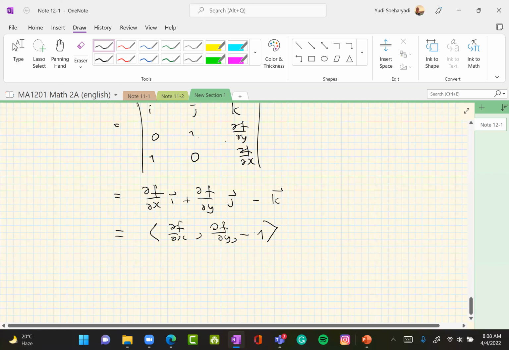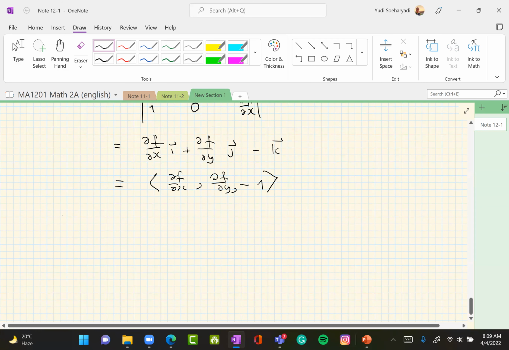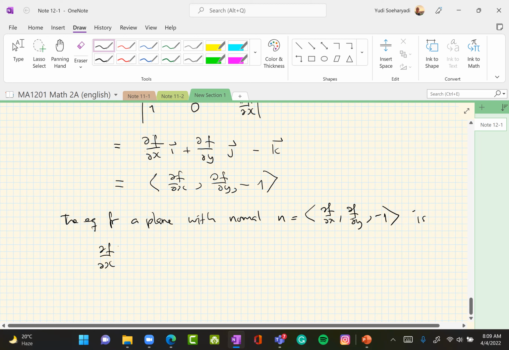And recall that the plane having this normal vector is the equation for a plane with normal df dx, df dy, -1, is the following. So this is the df dx, x minus